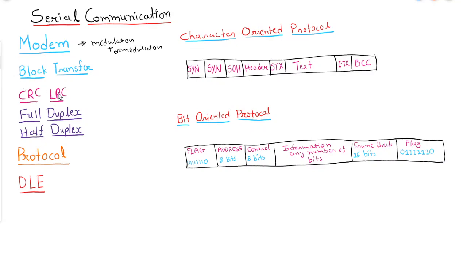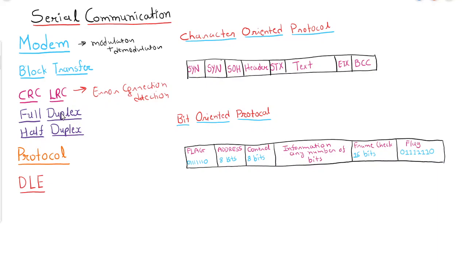Then what are CRC and LRC? CRC means cyclic redundancy check, and LRC means longitudinal redundancy check. Both are mechanisms for error detection and correction, which help us find transmission errors.